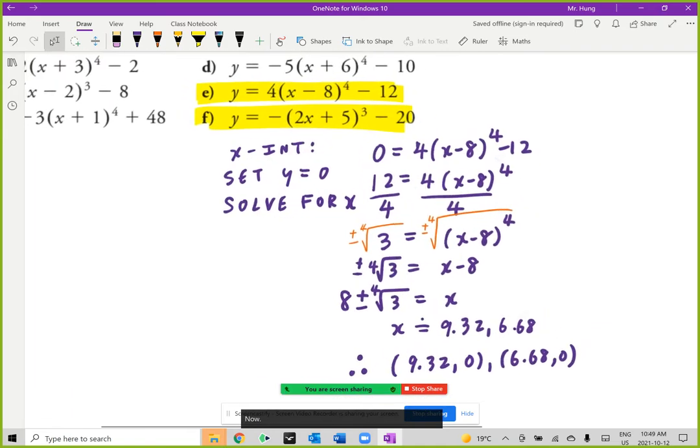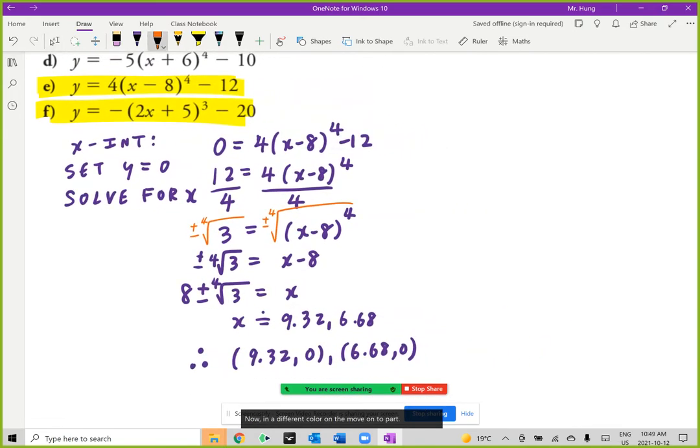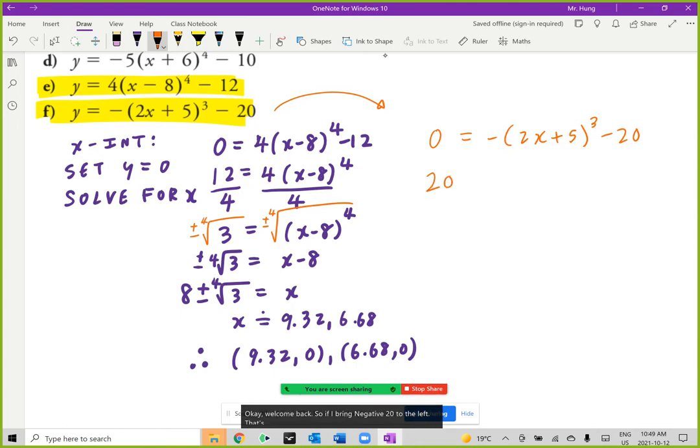Now, in a different color, I'm going to move on to part F. In part F, same idea. Your goal is to set y to be 0, and you solve for x. If you want to press pause for a moment and try this, when you press play again, I'll be here. Okay, welcome back. So if I bring negative 20 to the left, that's going to be positive 20, which equals